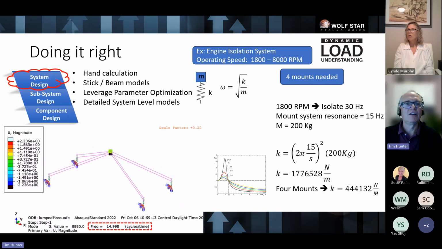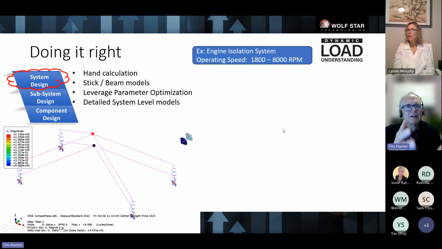Now we've got a tool that we can very quickly and easily go in and say, hey, the engine mass changed. We need to change the configuration of where the mounts are. Maybe we need to go from 4 mounts to 6 mounts, those types of things. We can work that out very quickly and easily. This model solves in like 30 seconds, okay? And then now you've got this basic model of the system, and now the whole idea is that you want